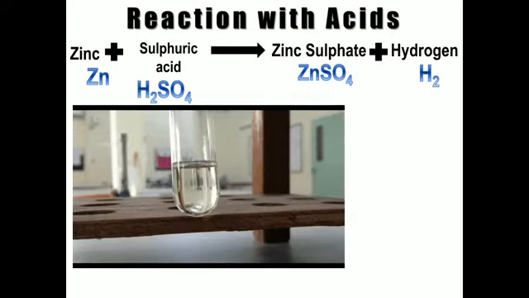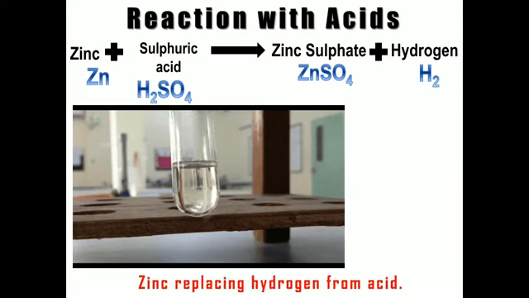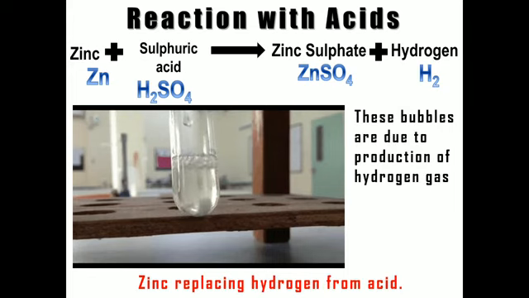You can watch this reaction in this particular slide. Here I have added zinc metal at the bottom of the glass test tube containing sulfuric acid. Bubbles are coming out. Again you can watch, by adding zinc metal into the sulfuric acid in the test tube, bubbles are going to form. And remember, these bubbles are bubbles of gas, that is hydrogen gas, which is coming out. And why is it forming?